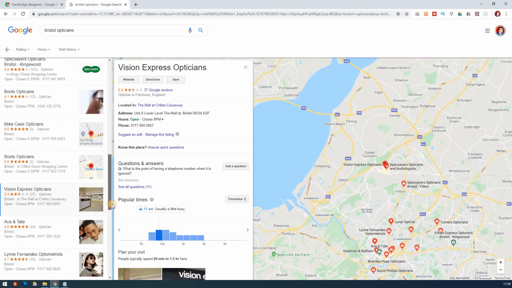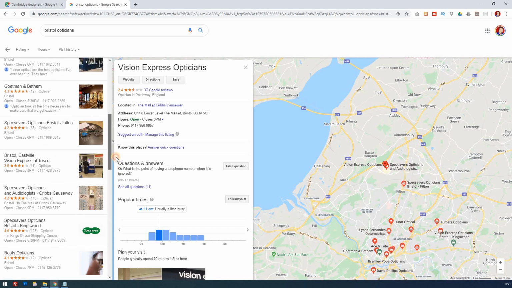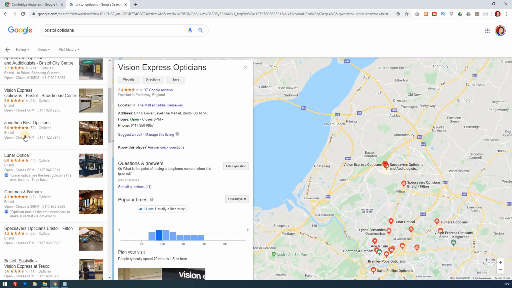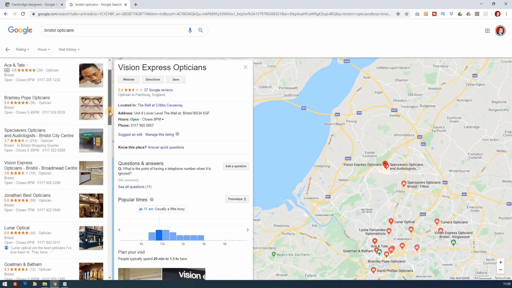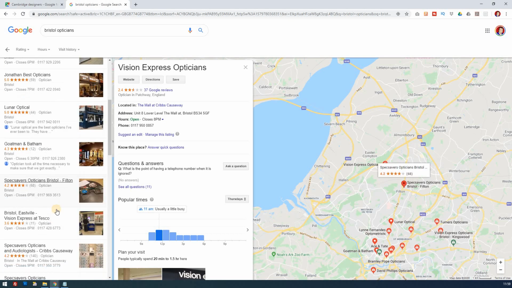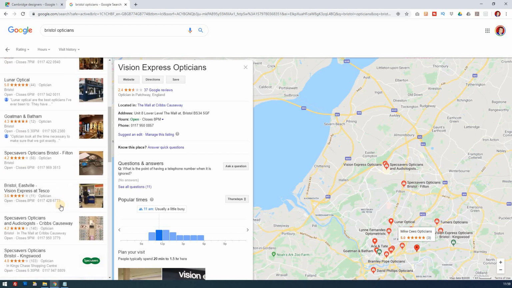I'm not going to say you should do that. My suggestion is, if you are Vision Express, or we know them, that you should be aware that Google will clamp down on that, and understandably so, because it's not really fair if you've got other independent opticians trying to compete against you and they're just following the rules with, say, one entry. Is it right that you should have two or three? So something really to bear in mind. It looks like these ones here are genuine, but you want to compete against people fair and square. And so yeah, Boots Opticians.